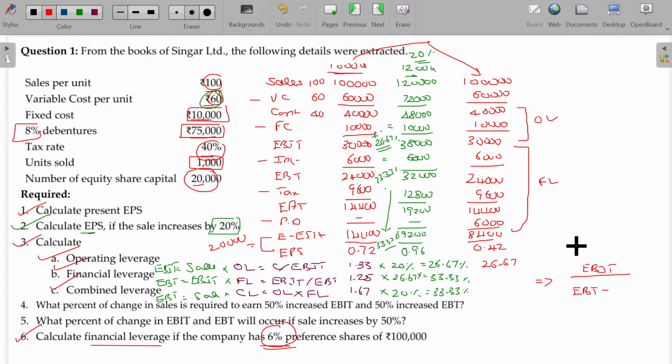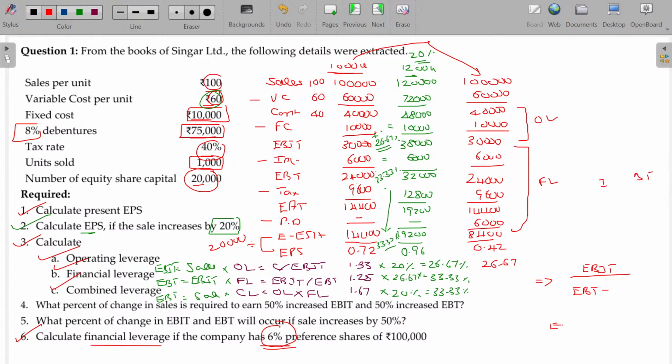If you borrow, you have to pay the interest. Rather than borrowing, if you are issuing the preference share, you have to pay the preference dividend. Both are almost similar to the cost. But in case of borrowings, interest can be debited to the P&L account. You will have the tax savings. If you are issuing the preference shares and raising the fund, then you have to pay the preference dividend. That will be only after the tax. We don't enjoy the tax benefit. So usually interest component is before tax.